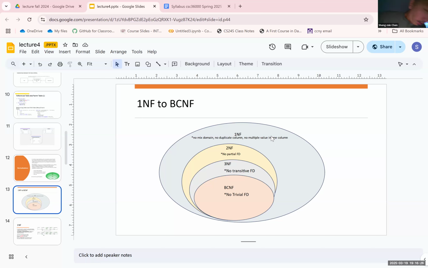Now, first of all, let me just tell you, instead of having you ask this question. Let's look at the restriction here of first normalized form, and all the other ones later on. But let's just look at the first, all these rules here, and there are three in the first normal form. Okay. No mixed domains, no duplicate columns, no multiple values in one column. Okay. None of these,